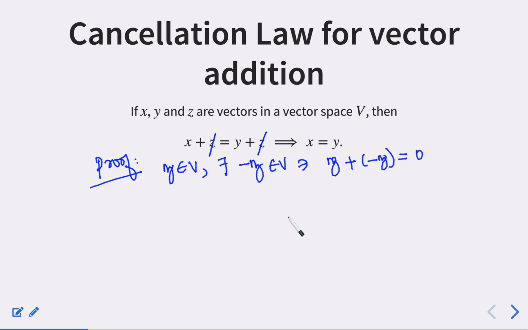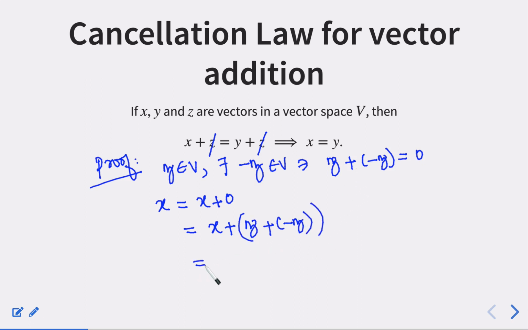Is that correct? So why don't I start with x, and x can be written as x plus 0, and then this x plus 0 can be written as x plus z plus minus z, which comes from here,